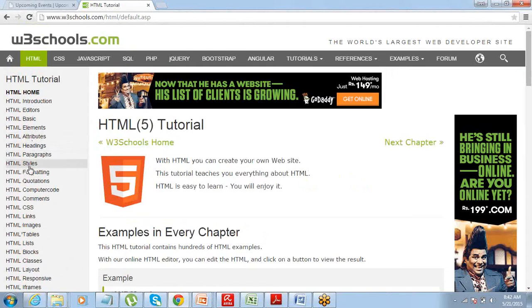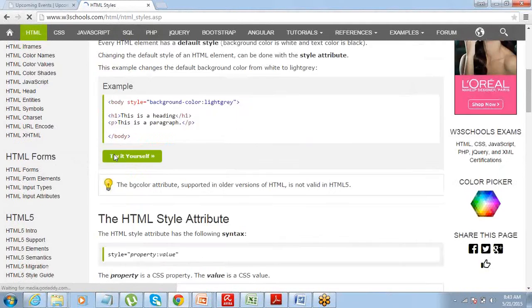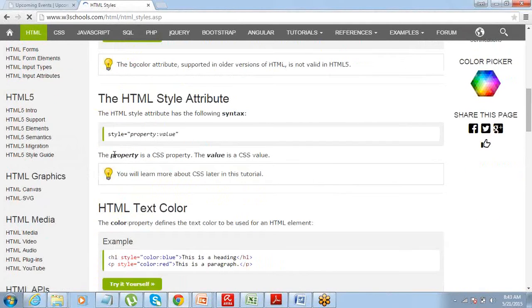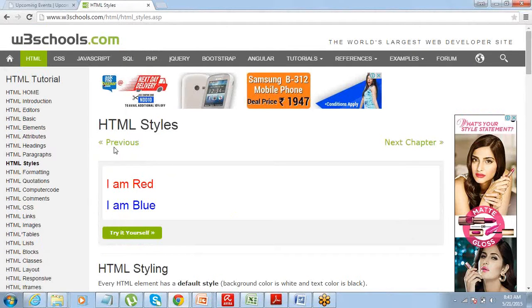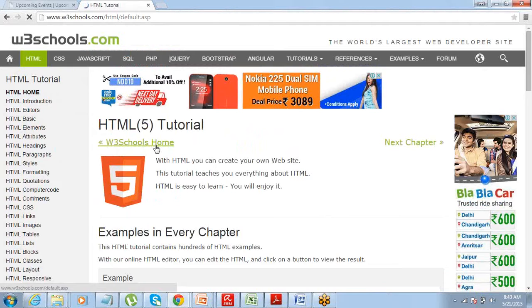You can do basic formatting, basic styling, and changing the color of the text and all that stuff. So this is a markup language which helps you control the markup on the page, and it's very, very easy. If you get time, just spend maybe a couple of hours on this website. People who are already aware of HTML, you don't even need to do that. Okay, so that's one thing.